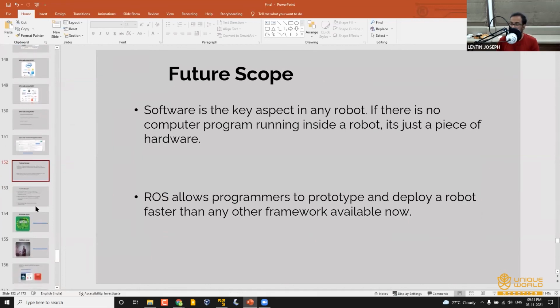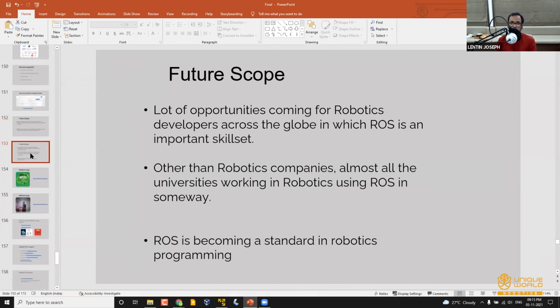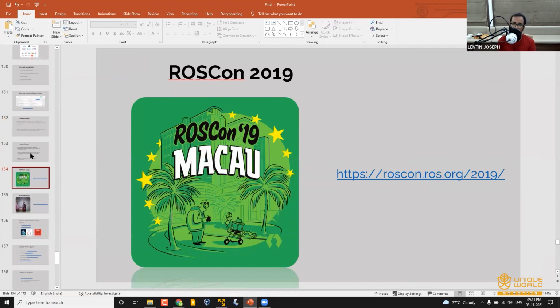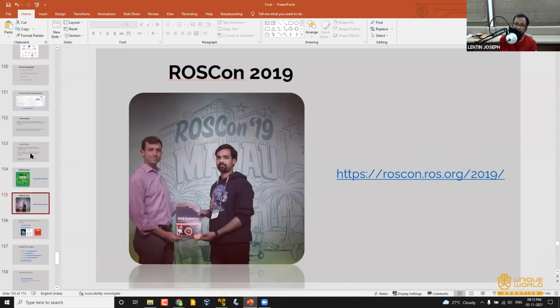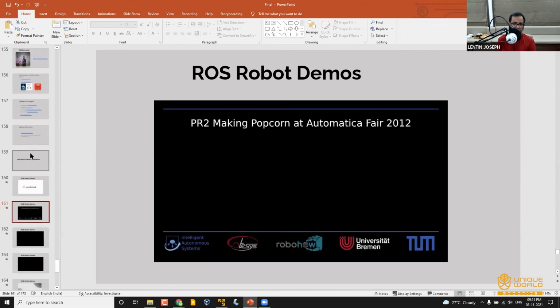Software is actually gaining traction in computers and also robots, so ROS is one of the key tools in that. If you want to know more about ROS, there is ROSCon, an annual conference. You will get an idea from ROSCon, and you can find a lot of interesting lectures. This was taken during ROSCon 2019. I had released my 8th book.